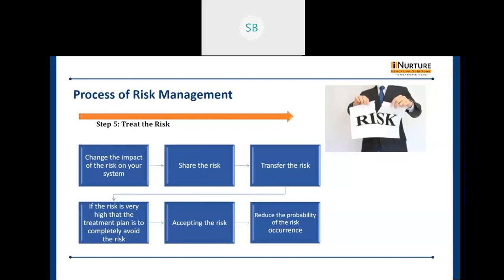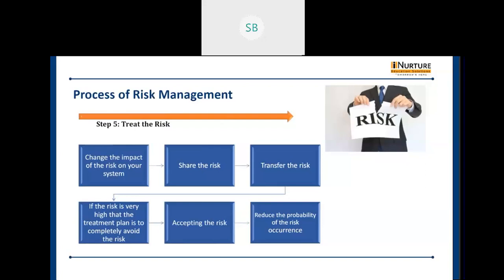For other risks, suppose something which is critical also, you can think, okay, you can reduce it, work on it, and convert it into your opportunity. Then you can also obviously accept those risks. And the last one is to reduce the possibility of the risk occurrence. You can identify the factors from which the risks are coming in, and then try some options such that the probability of risk is reduced.